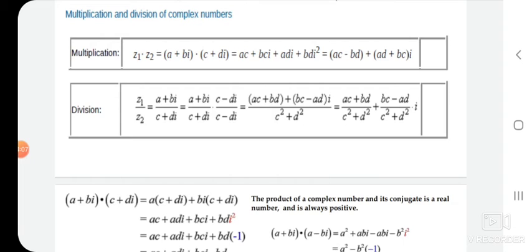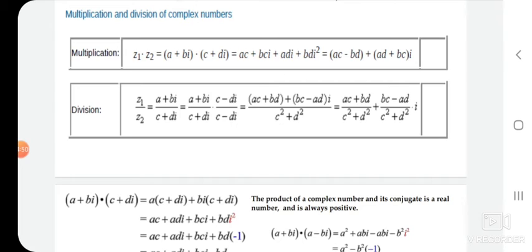Therefore, A multiplied with C plus Di, similarly plus Bi multiplied with C plus Di. Then we get AC plus ADi plus BCi plus BDi square. Therefore, collect the real part and the imaginary part individually, then we get AC minus B